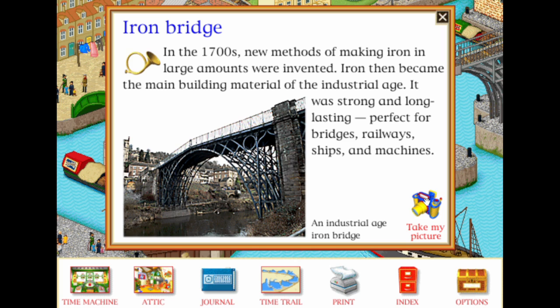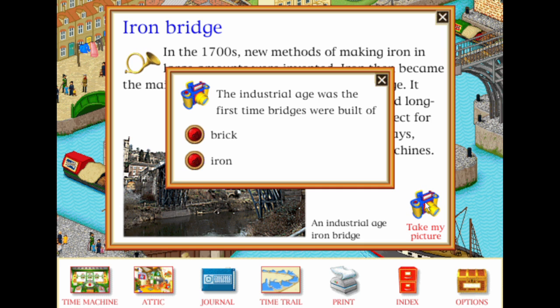Iron bridge. In the 1700s, new methods of making iron in large amounts were invented. Iron then became the main building material of the industrial age. It was strong and long-lasting, perfect for bridges, railways, ships and machines. The industrial age was the first time bridges were